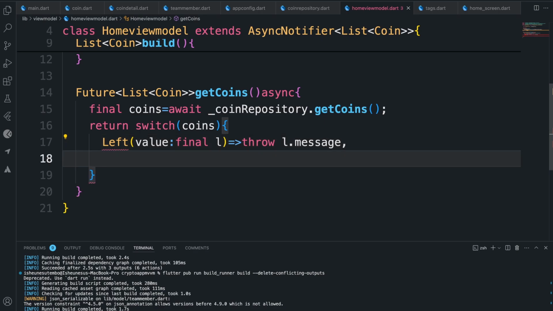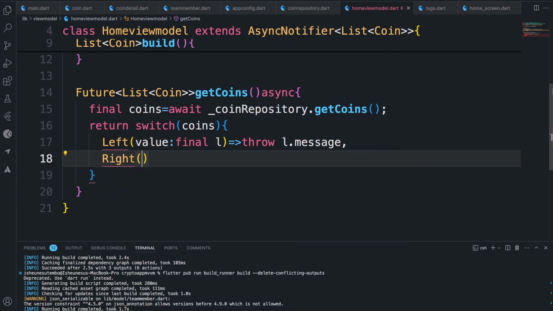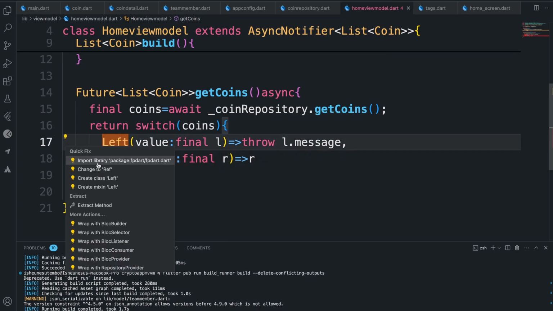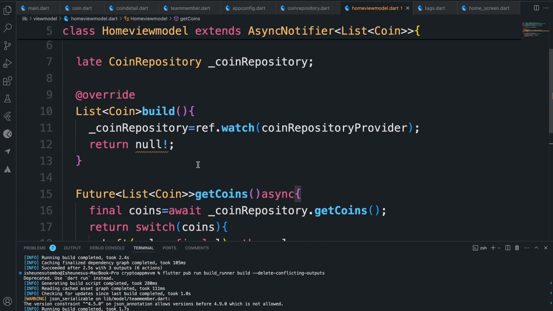And then what do we do if we get the value? What we're just going to do is we are just going to say value now, like this. It's going to be like this. Also, let's import fpdart. All right. Now we are done with the